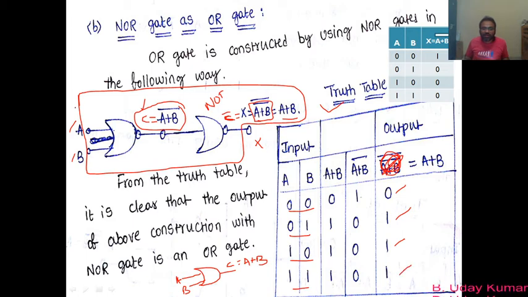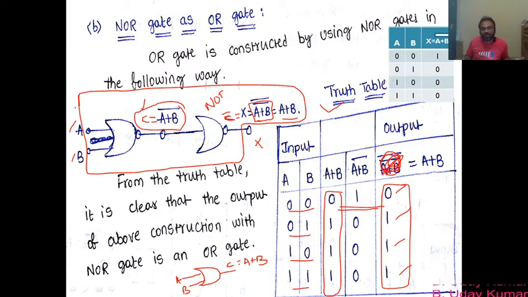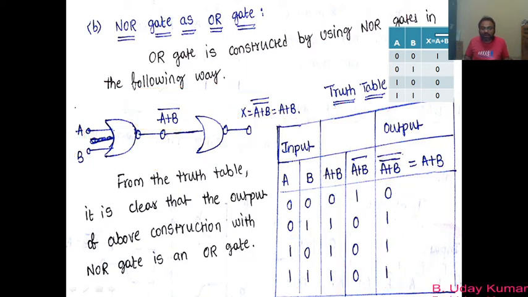The values of the last column are similar to this column, right? They are the same. Please check it out. 0 1 1 1, 0 1 1 1, they are the same, and hence I told you to forget A plus B double bar. Since these two column values are the same, I can write its value in a simple way. By comparing, I can write it as A plus B, because for 0 0 I am getting 0, and for all the other combinations I am getting 1. It means that A plus B double bar is equal to A plus B. That is what you have to understand.